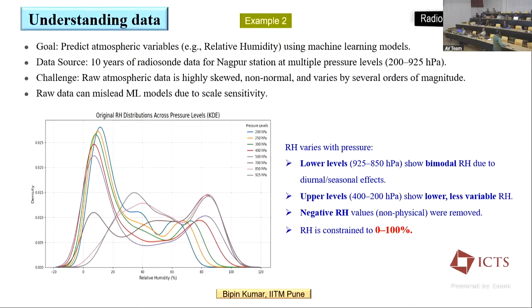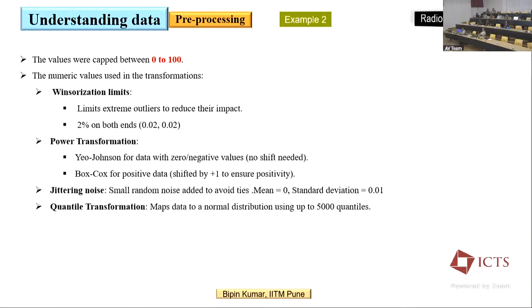Yes, the distribution. The distribution is the problem. I told you, if we take this kind of data, we will have a convergence problem. When we optimize the function, the convergence problem will come in the gradient descent method. As I said, we can cap this from 0 to 100, and we can do other things. Then the question is what kind of transformation we should use for this particular data so that we can get a proper distribution.